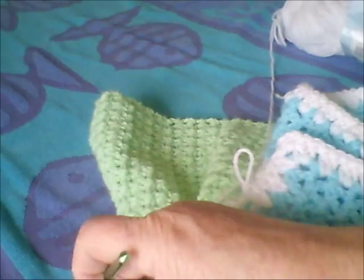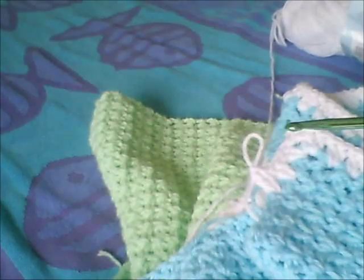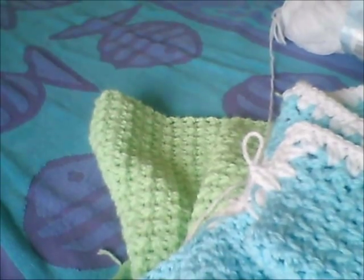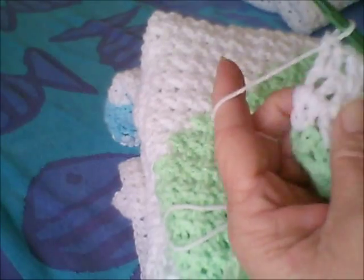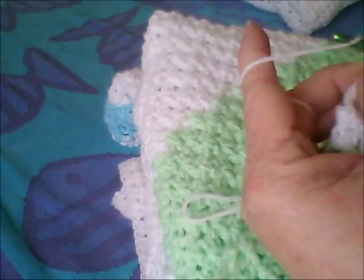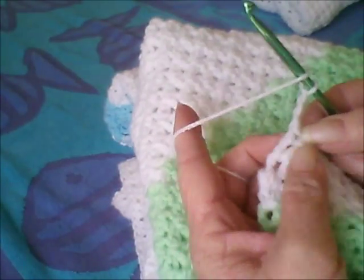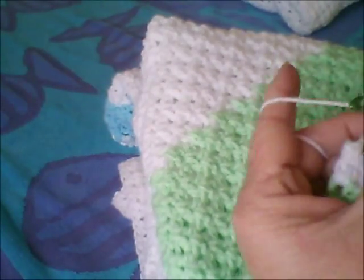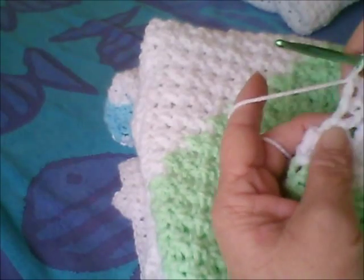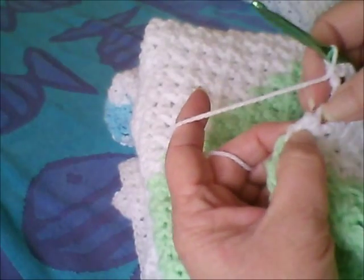And then we're going to pick it up where I'm getting ready to make the final turn for the bottom of the blanket. And I'll get back with you in a minute. Okay, now I'm at the last corner and getting ready to go across the bottom. And what we're going to do is, just like we did before, we'll chain 3. And in this stitch right here that we just did, the last double of the last shell, we're going to put a chain 3 and then the double crochet. Then we'll just start shelling across